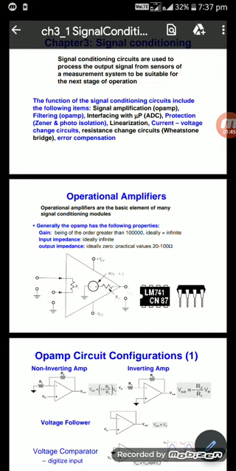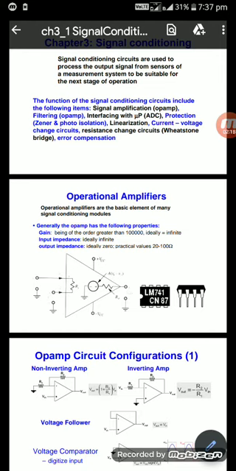For these analog to digital converters, we interface these signals for communication. One is analog, another one is digital. When we give analog signals, after that we have to convert them to digital signals. Otherwise, when we give digital signals, we have to convert them to analog signals. That is the process of ADC and DAC, that means analog to digital conversion and digital to analog conversion.